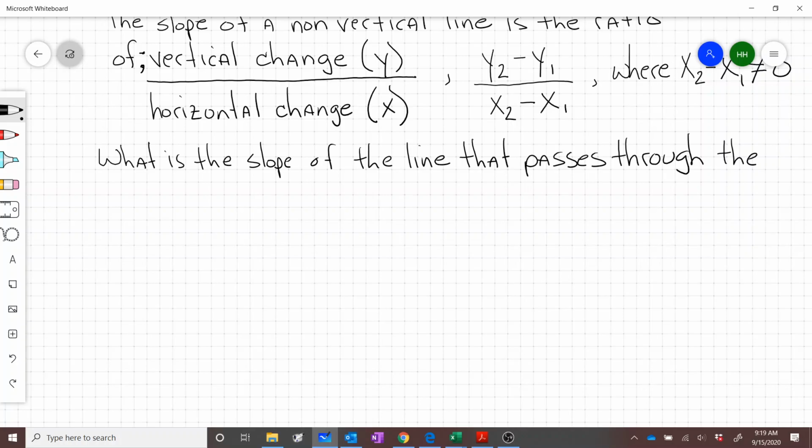What is the slope of the line that passes through the given points? And in example A right here, we got the points